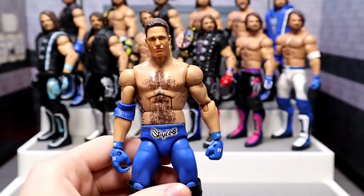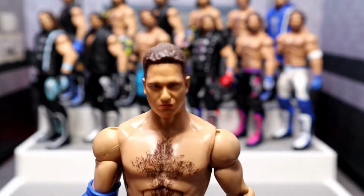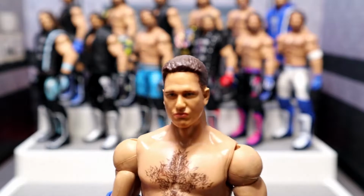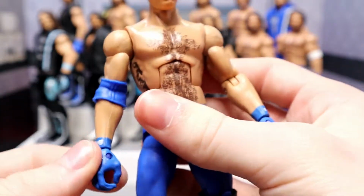And that is this TNA AJ Styles that I made. It's not the best, obviously. It doesn't take much work. But this head cast is actually from Rocket Jabroni. I got it from RhinoCast, and Rocket Jabroni painted it up for me. And then going down, I just went ahead and added this blue elbow pad, and I believe this is just